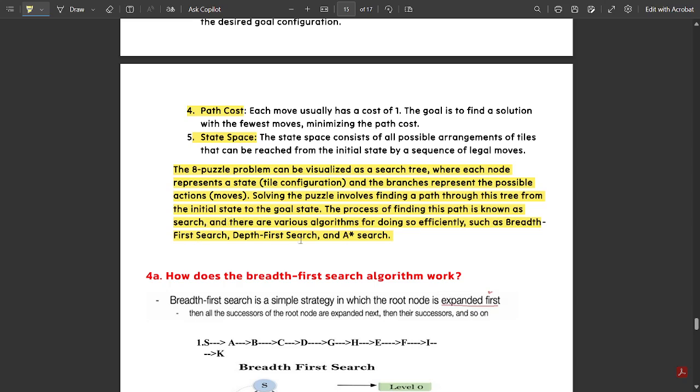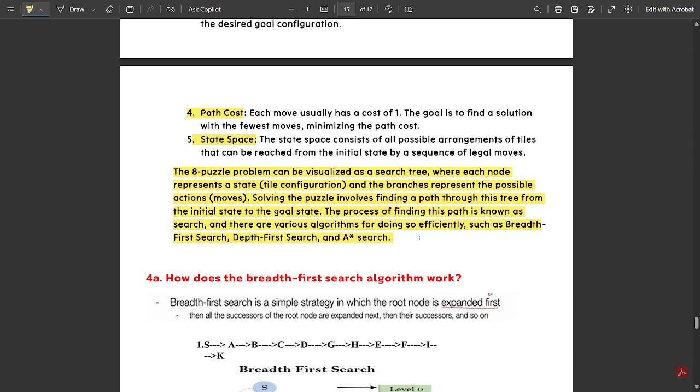There are various algorithms for doing so efficiently, such as breadth first search, depth first search, and A star search. The process of finding the path in the search tree for this problem is basically known as search, and there are different patterns of search. First is breadth first search, then depth first search, and A star search, which I'm going to discuss in the